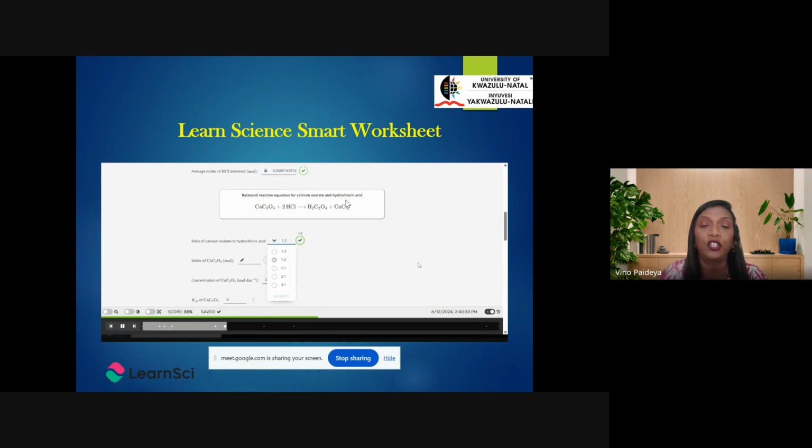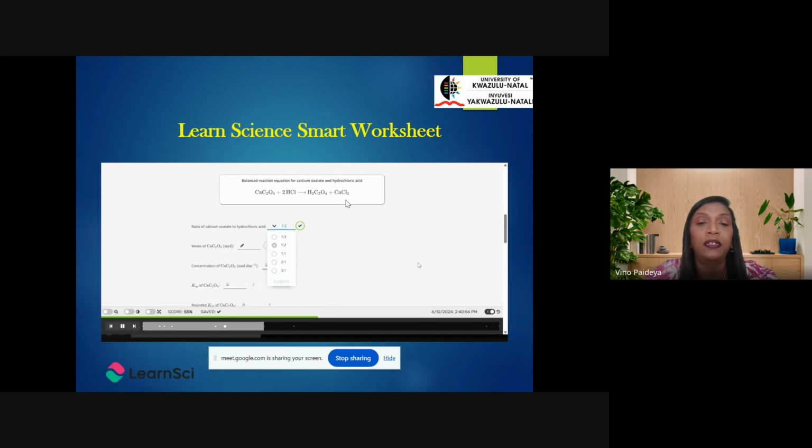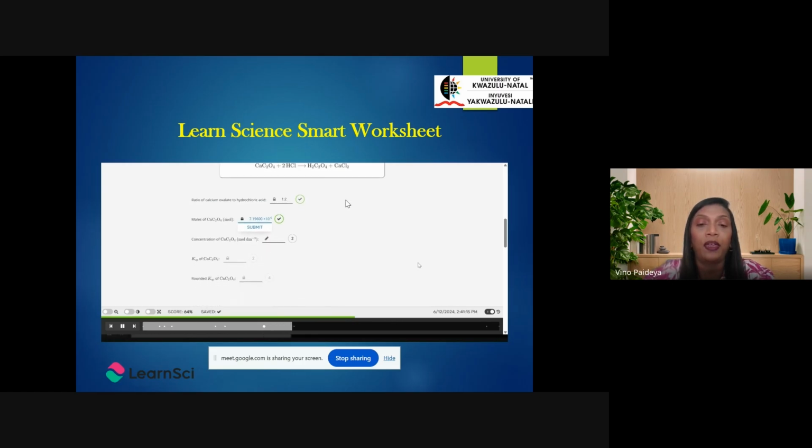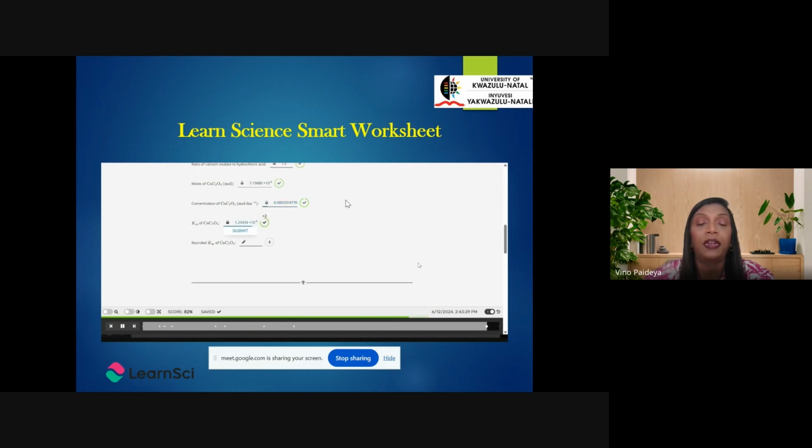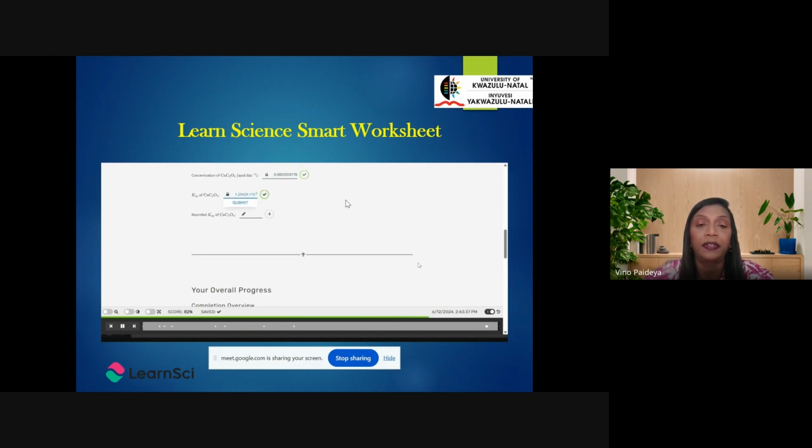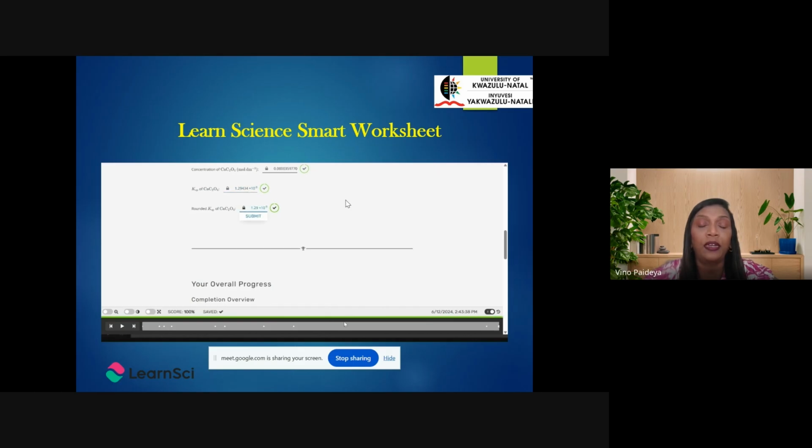This example does not show you, unfortunately, I wasn't able to get an example where the response is wrong, and the feedback bubble will pop up and allow the student to have a second try at it. So we actually assign marks to these smart worksheets. And so if the student got the answer outright, then they get the full mark. If they used the support of the feedback that was presented, then they would get part mark.